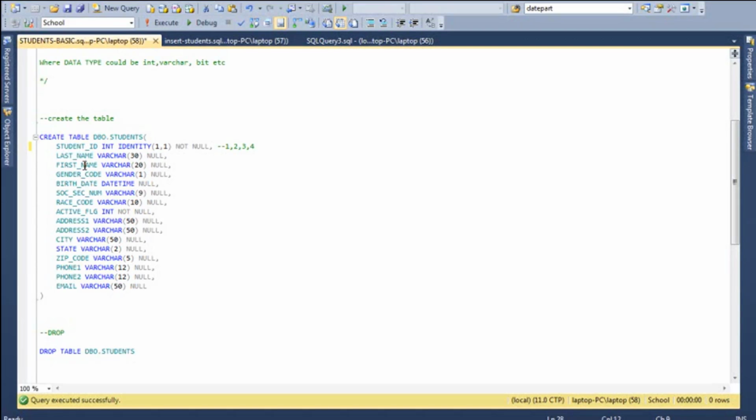Okay, so that's the student ID. Last name varchar 30, first name varchar 20. Let's make that also 30. Okay, and then the next field is the gender code, which in our case we're just using varchar 1. Birth date is date time, similar to the teachers table. Then we have the social security number, which is varchar 9. Okay, race code, active flag. You'll notice that if you need something to be required, you make it a not null. Okay, address